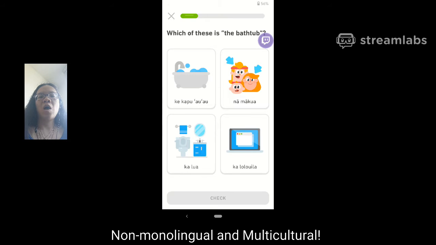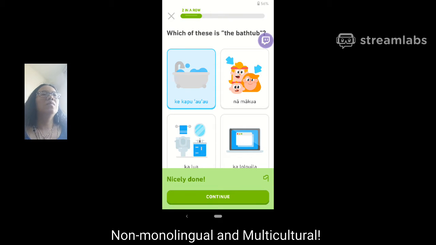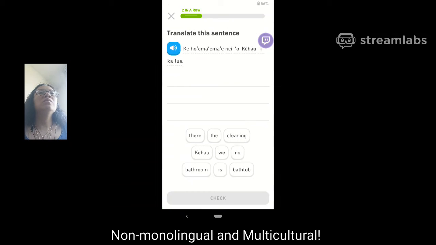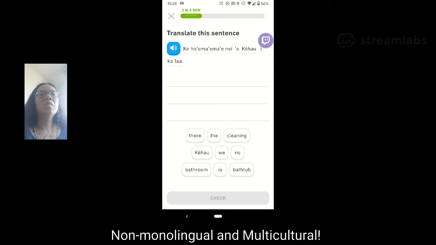Ke kapu au au. Mai nei o ke au i ka lua.